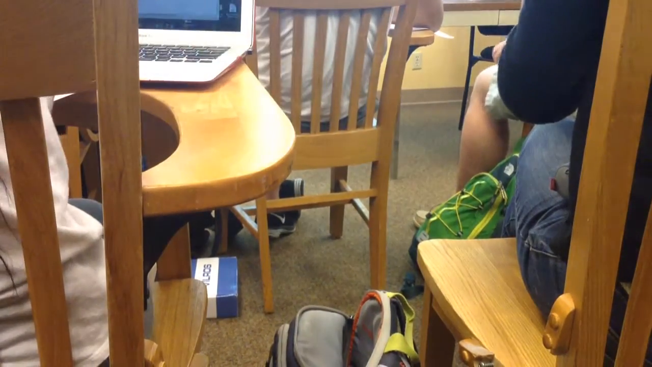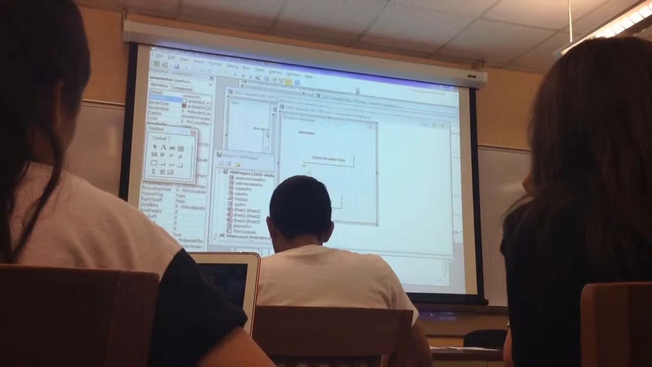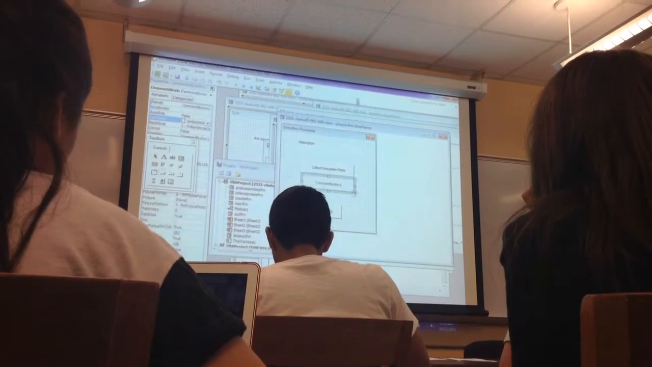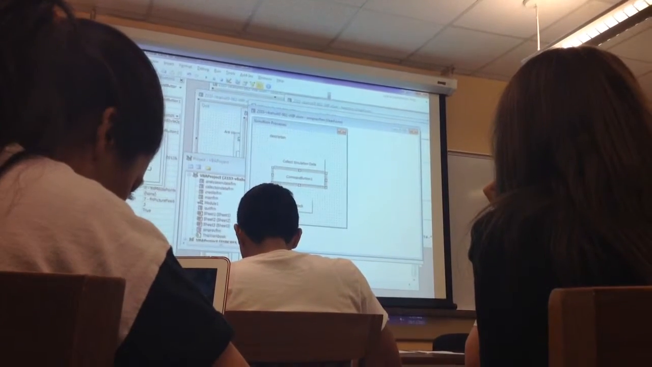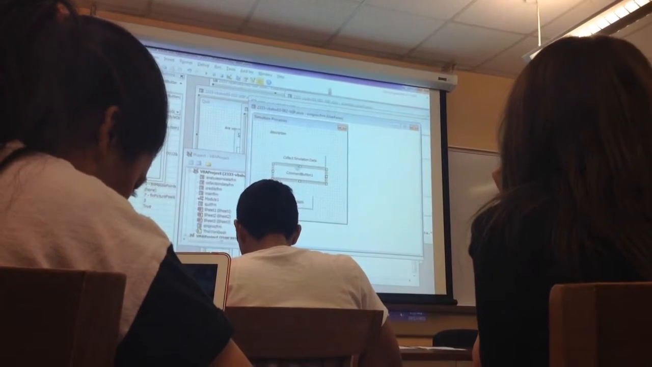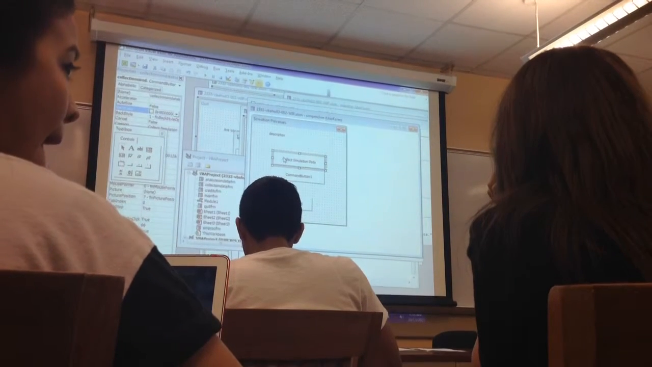All right, so what we need to do is modify our sim process form, and we need to put another button in there. And this is going to say something like, what's this one called? Collect sim data. Okay, so we'll call this